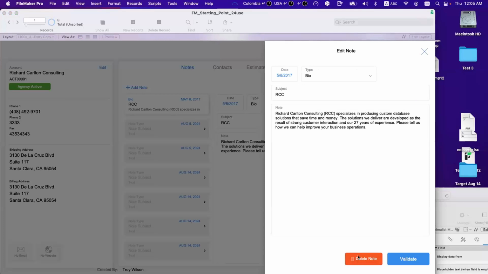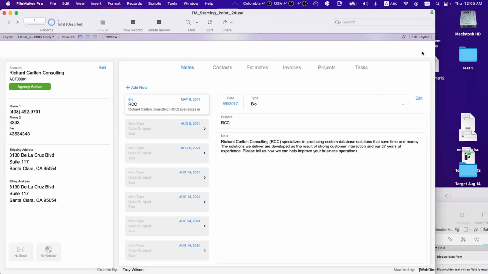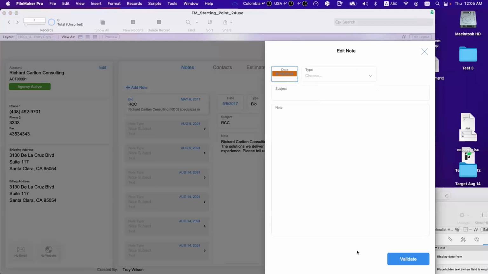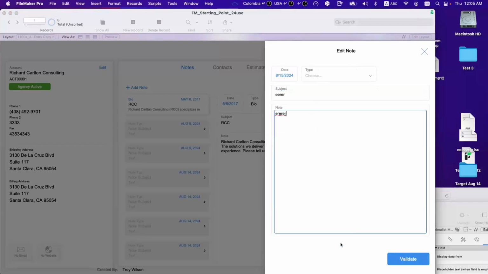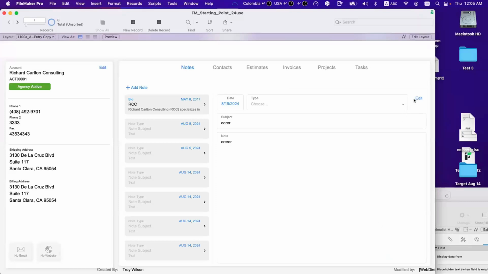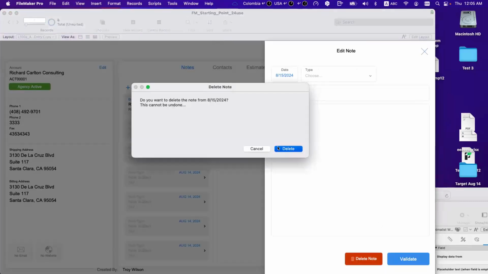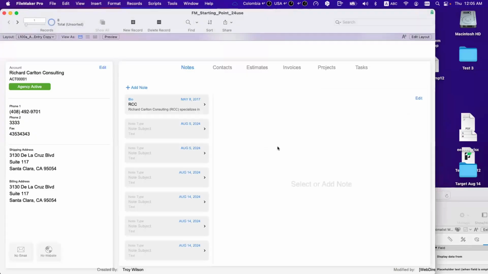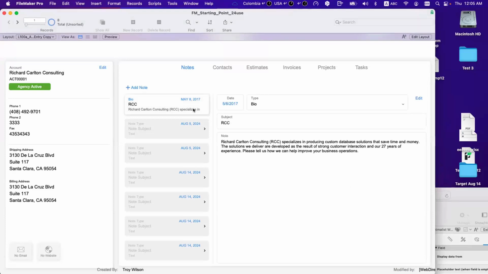Right? Makes sense? If I click a new, I don't have the delete button. I just have the validate button because it's a new note. Why you want to delete? I didn't even create it yet. I mean, I didn't validate it. I create the record, but technically I didn't create the note yet. Now this note is created. Now I can edit it, and then I can delete it, and then I can say go away. Make sense? Correct? Yep,